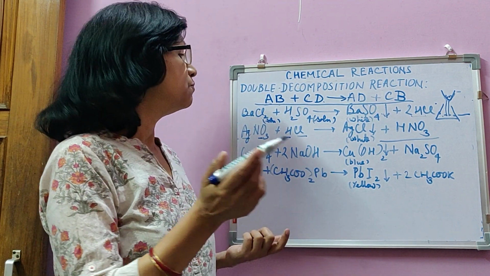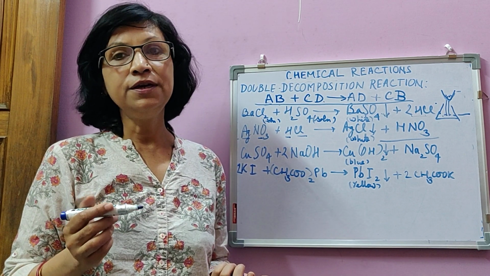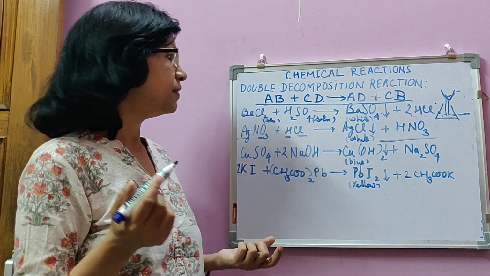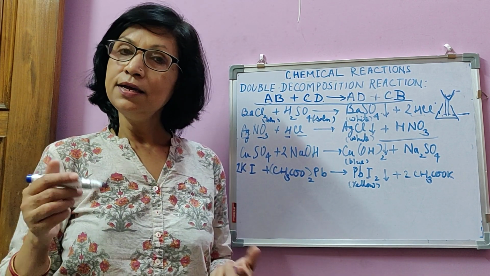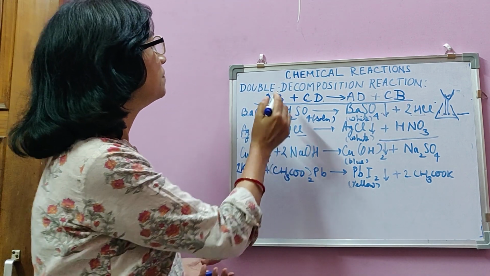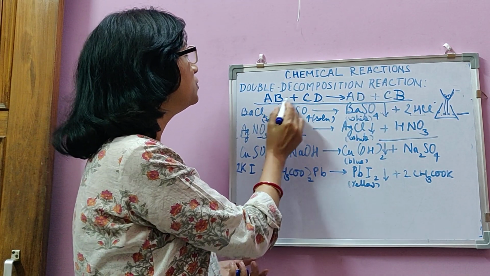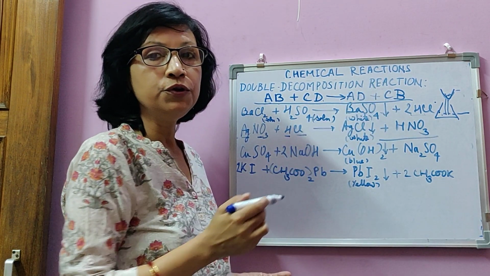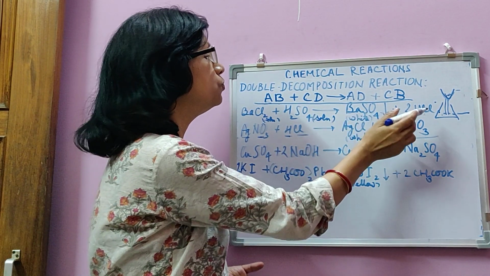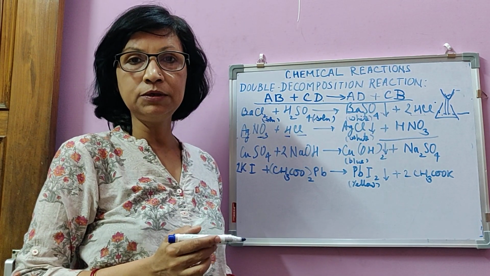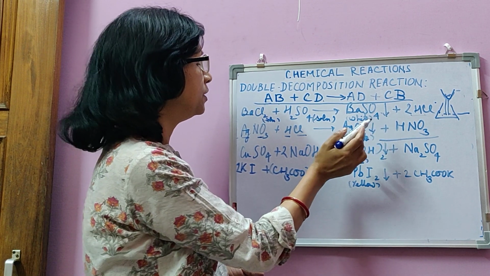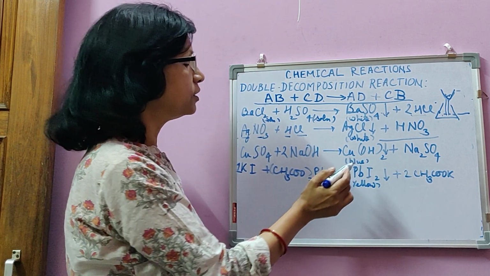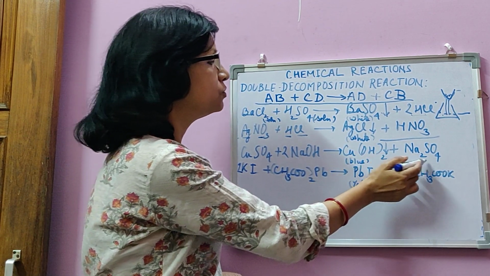Another type of double decomposition reaction is the neutralization reaction. We will study neutralization reaction, a type of double decomposition reaction, only in the next video. Right now we are discussing double decomposition reaction, a reaction in which two substances in aqueous solution form exchange their ions and form two new products. If out of those two new products, one is an insoluble solid, then it is said to be a precipitate. For example, copper sulfate reacts with sodium hydroxide to form blue precipitate of copper hydroxide and sodium sulfate, a solution.